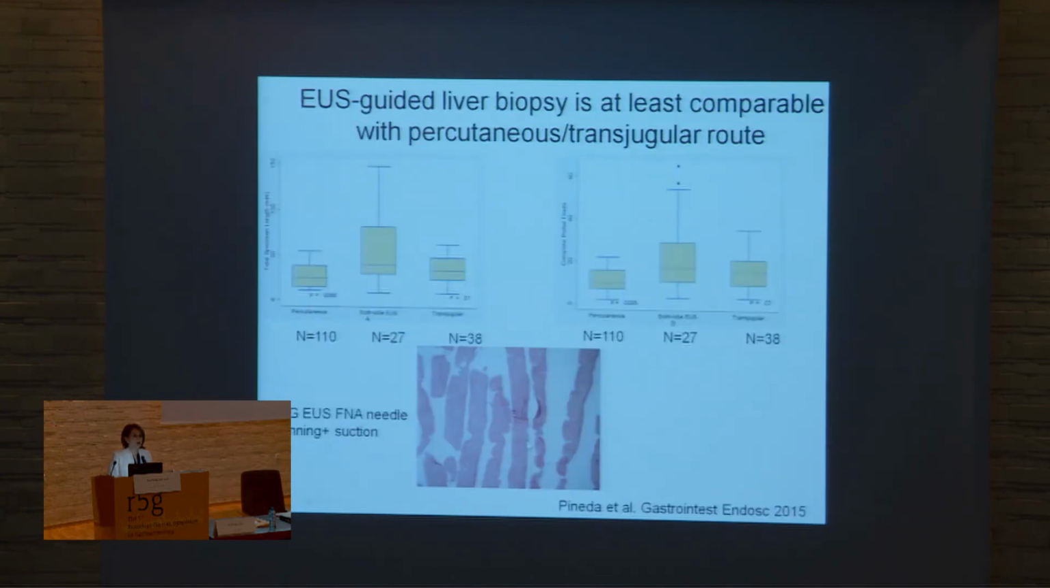And this is a very nice study which compared the total length of the core obtained by three methods: percutaneous, by EUS, or transjugular. And as you can see here, there was a significant difference between EUS and percutaneous biopsy in this situation. And for the number of portal spaces, there was also a difference between EUS and percutaneous in favor of EUS, but no difference compared to the transjugular